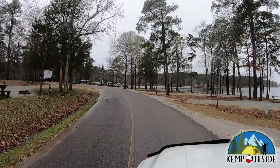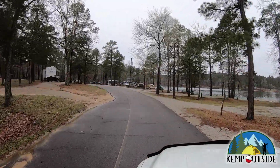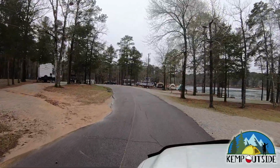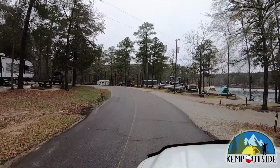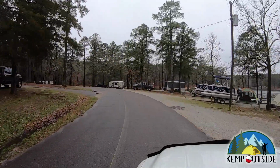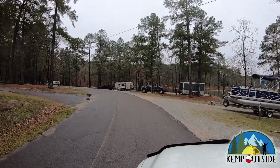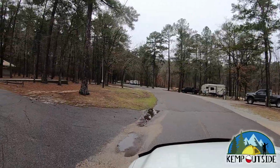The site we're passing now on the left is site 61. And then site 60 where that trailer is to the left. You can see pontoon fish there, our pontoon boat, and our camp there to the right. But we're going to turn left here into this little loop